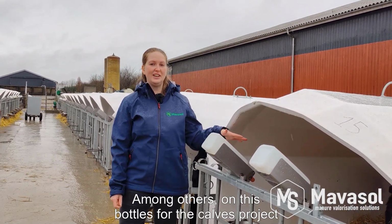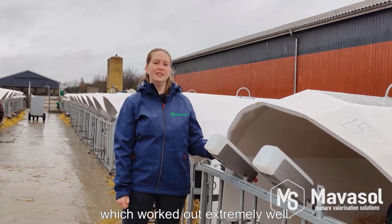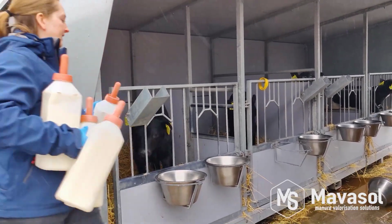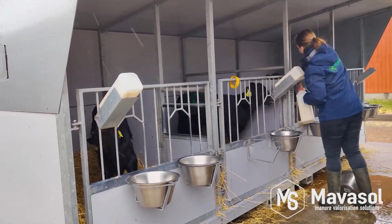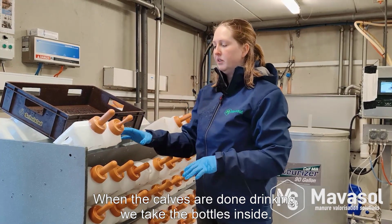Among others, this bottle for the calves project, which worked out extremely well. Alright, and then when the calves are done drinking, we take the bottles inside,